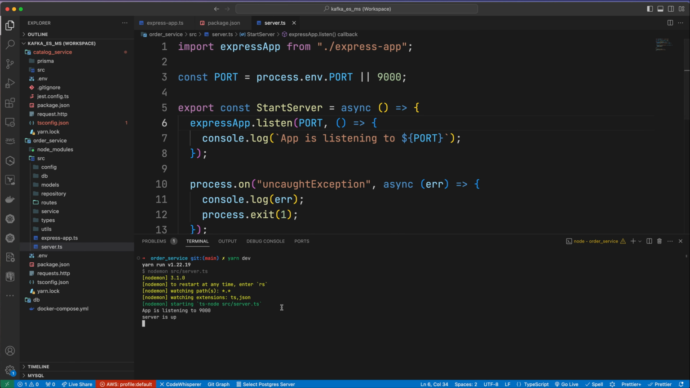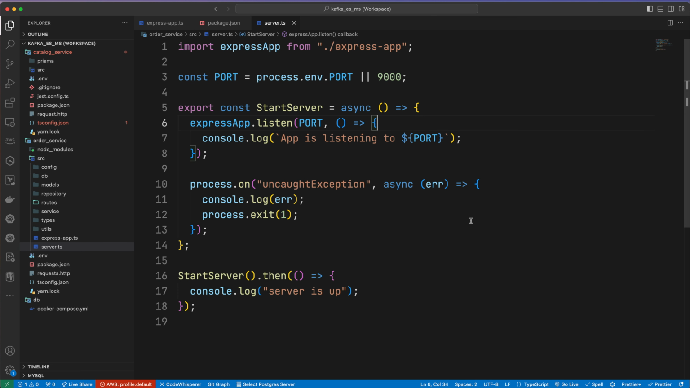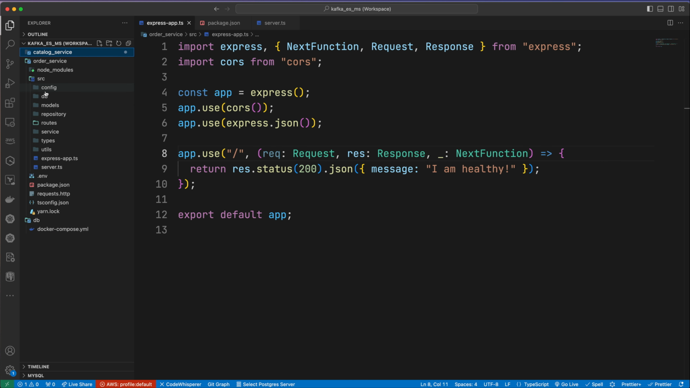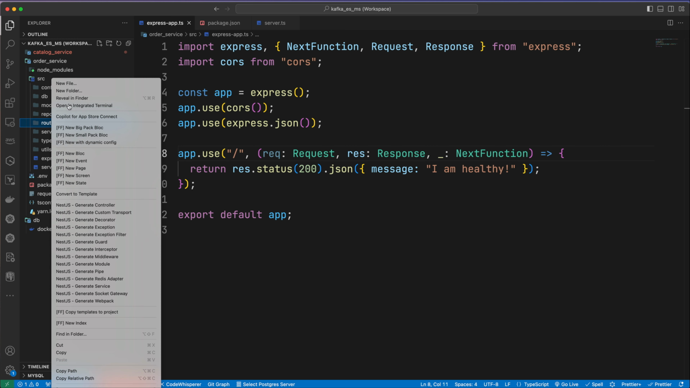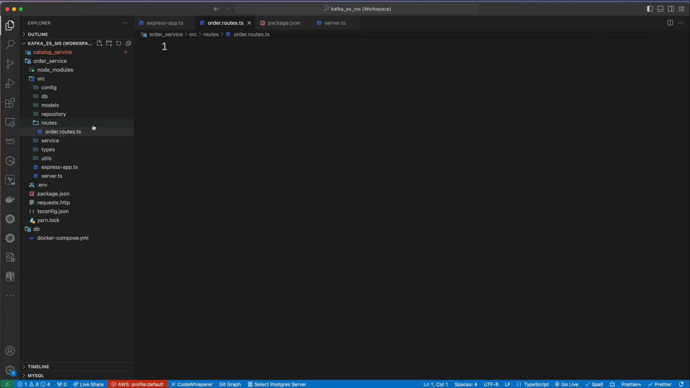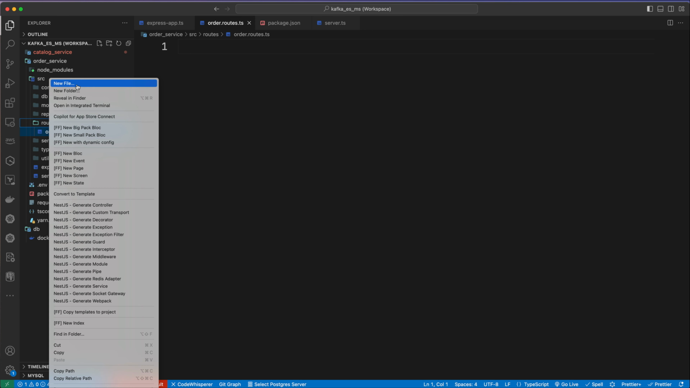So now let's try to close the server, and we are going to create a couple of files in the routes, so at least we can handle our endpoints. Routes, whatever routes we are going to use for our order service. So let's close this catalog service from here and go to routes and create a new file. This is going to be order.routes.ts. So this is the routes file where we are going to add all the order routes. And one more file we are going to use is called